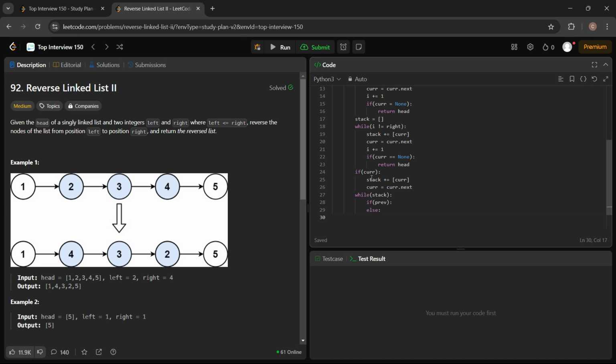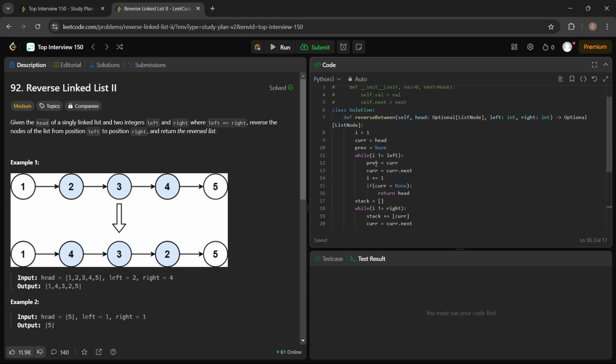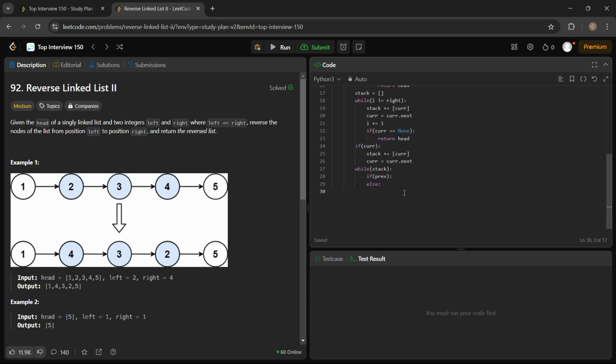Because like I said, here, if we just skip over this part, we never set previous anything. So if i is equal to 1 and that doesn't change, the left-hand side is just 1, then